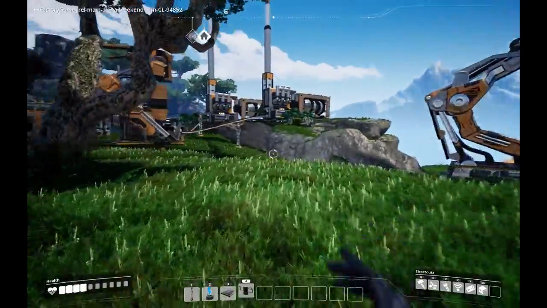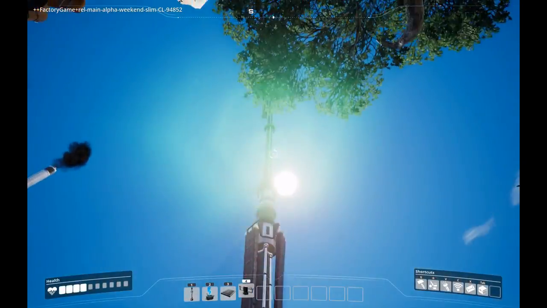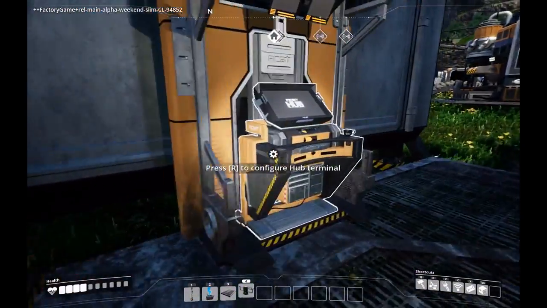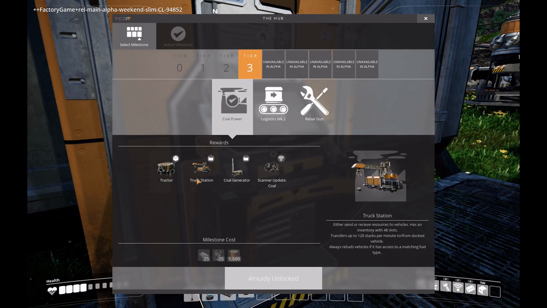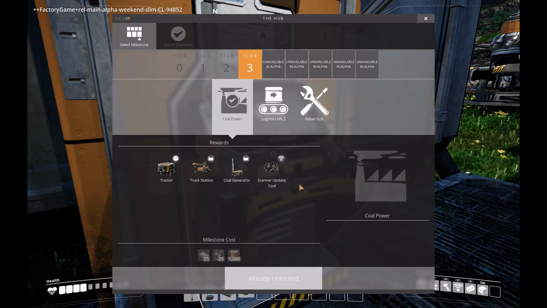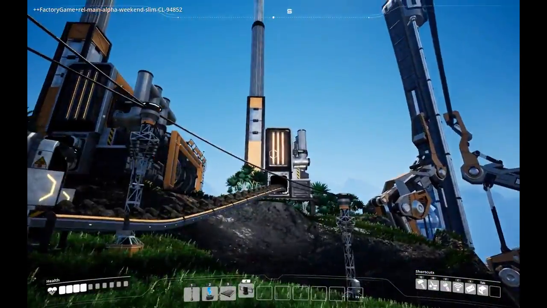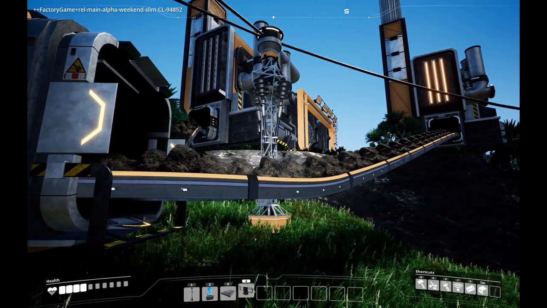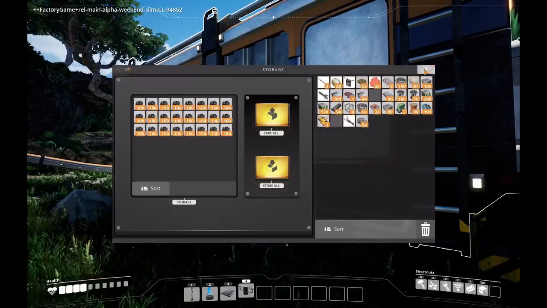Because I'm near the end of what's currently playable, and I've built a space elevator and unlocked coal power, and I got a tractor, a truck station, coal generator, and it updated my scanner to be able to scan for coal. So the coal was kind of far from here, but I now have these 2 coal power plants that I think do 100 megawatts each, and yeah, they only need like 1 piece of coal every 10 seconds or so. So I have very full coal,